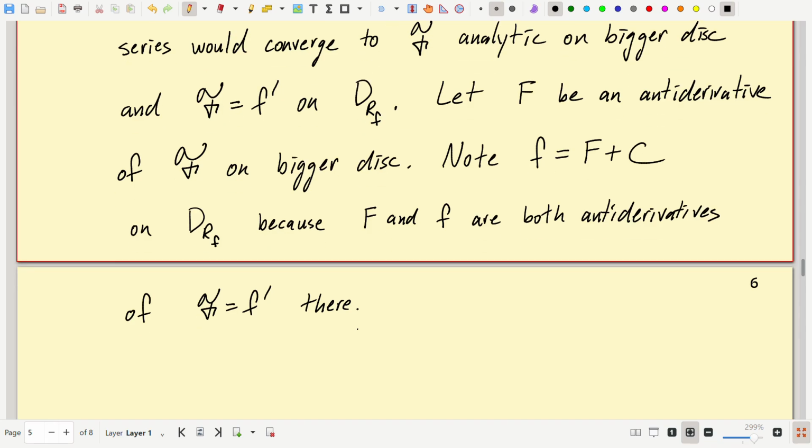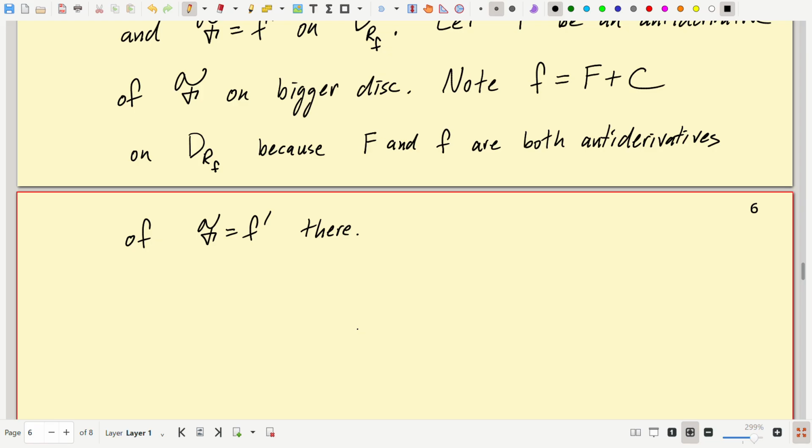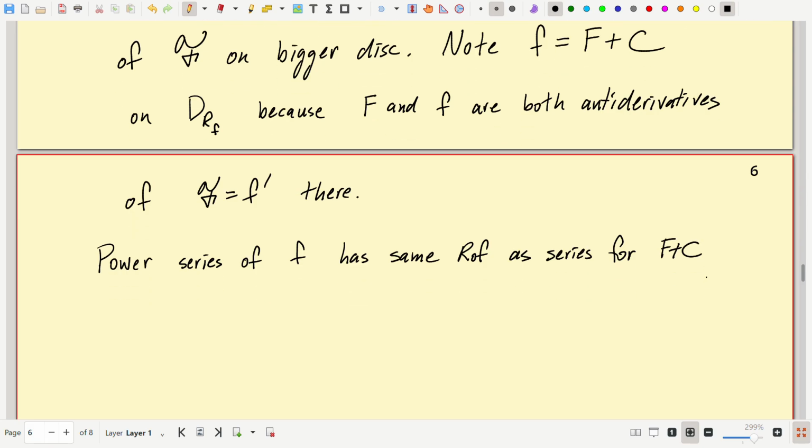Anyway, now you see that the power series for little f is the same as the power series for that capital F plus C. It has the same radius of convergence as the series for capital F plus C, and that's bigger. I'm getting carried away with this, which is